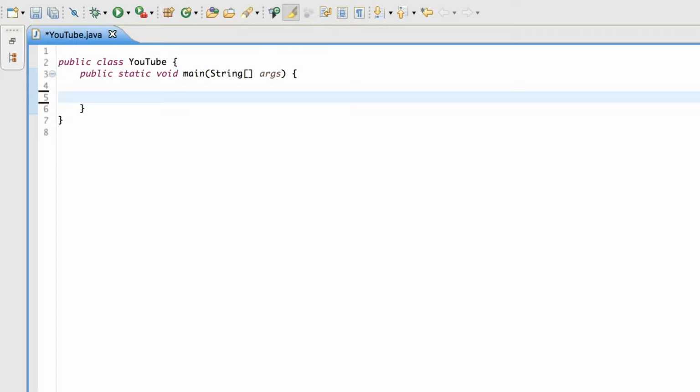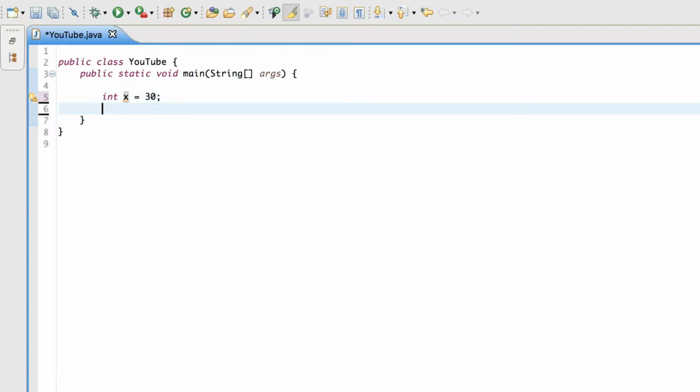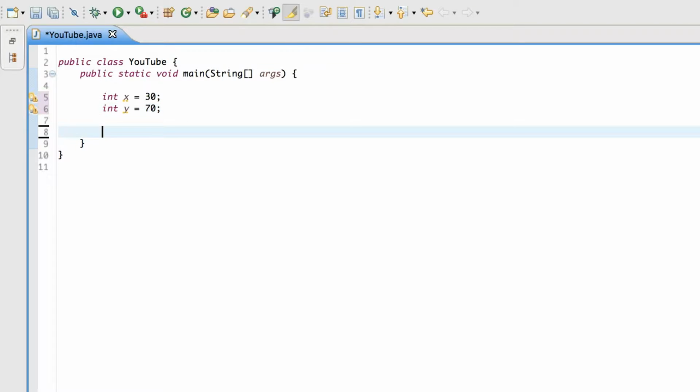Now the first 2 we're going to talk about are greater than and less than, and I'm going to visualize these operators with 2 integers named x and y. So I'm going to say int x, and I'll give this a value of 30, and int y, and I'll give this a value of 70. Now if you remember from the last video, we talked about if statements, and to compare x and y, I'm going to say if x is greater than y,